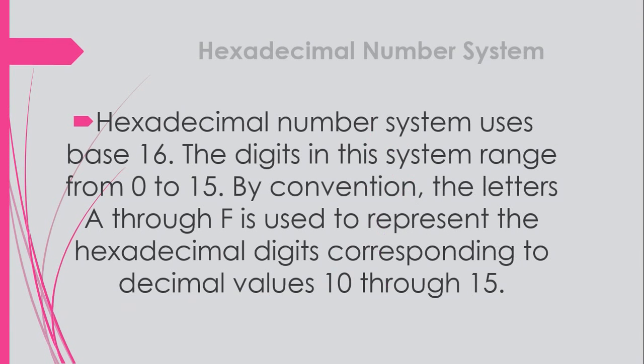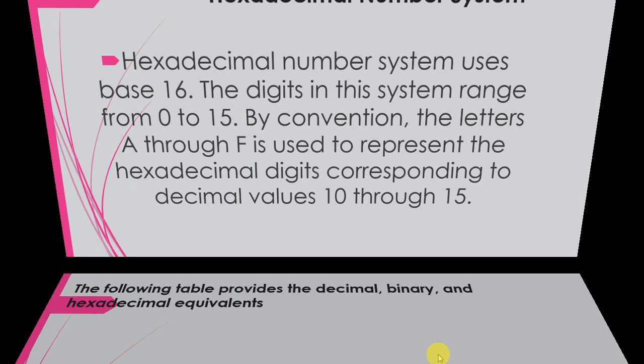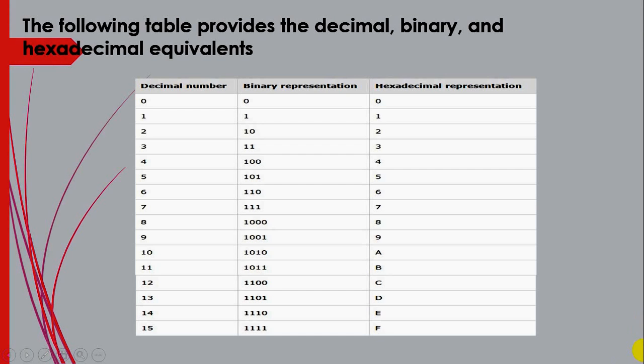The hexadecimal number system uses base 16. The digits in this system range from 0 to 15. By convention, the letters A through F are used, corresponding to decimal values 10 through 15. Hexadecimal numbers in computing are used for abbreviating binary representations. Basically, the hexadecimal number system represents binary data by dividing each byte in half and expressing the value of each half byte. The following table provides